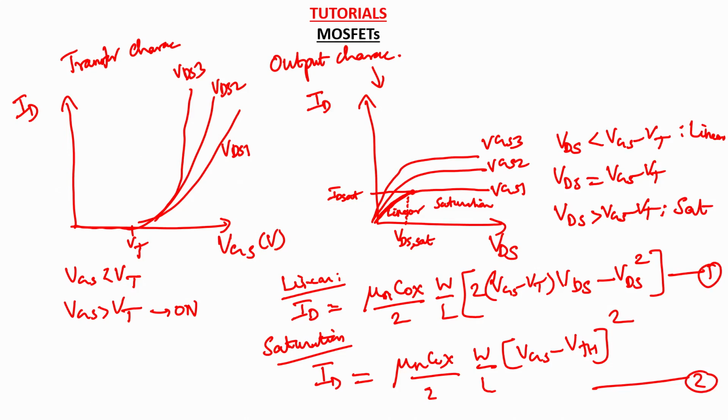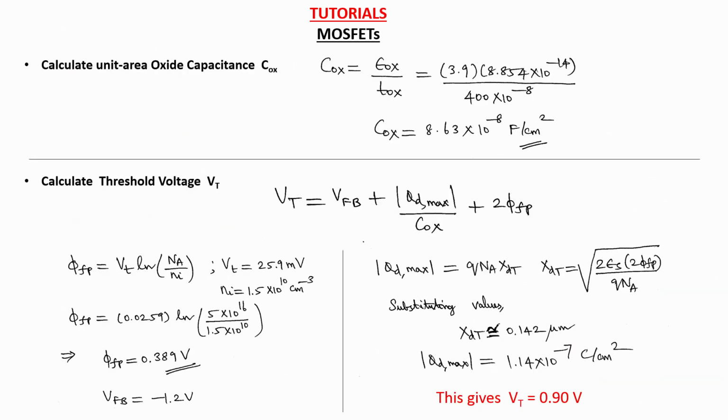And you can also see that in the saturation region, the drain current value remains independent of the drain to source voltage. It is almost constant. So this is for ideal MOSFETs where there are no channel length modulation effects. When there is a channel length modulation effect present, then you can see that there is a slope present in the output characteristics of the MOSFET. So in that case the saturation drain current value is also a function of the VDS value. So this is a quick summary of what you have learnt in the lecture slides regarding MOSFET output characteristics and transfer characteristics.